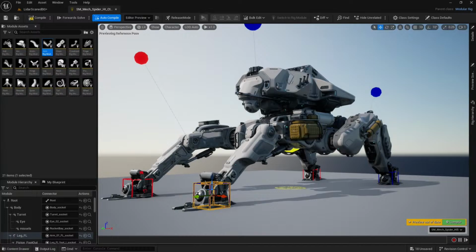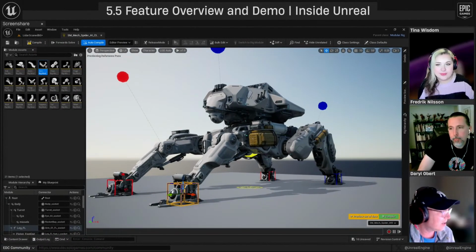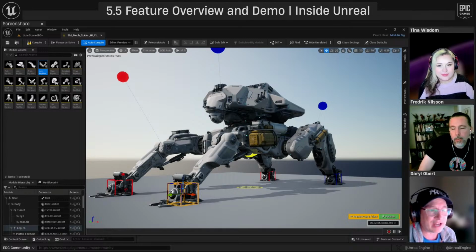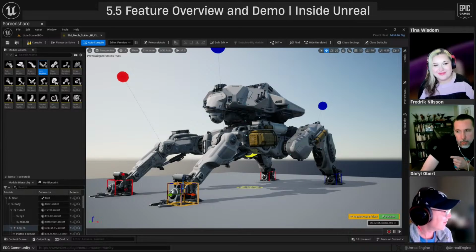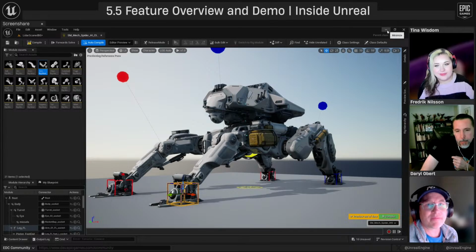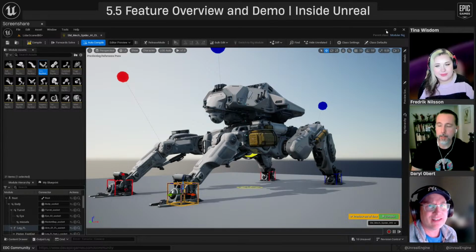And then obviously you hand something like this off to somebody like Frederick, and they can bring life to these inanimate objects, these robots. Someone just asked about the car. Did you rig the car with the modular rigs as well? Not in this demo. Chase, I believe, did do something.